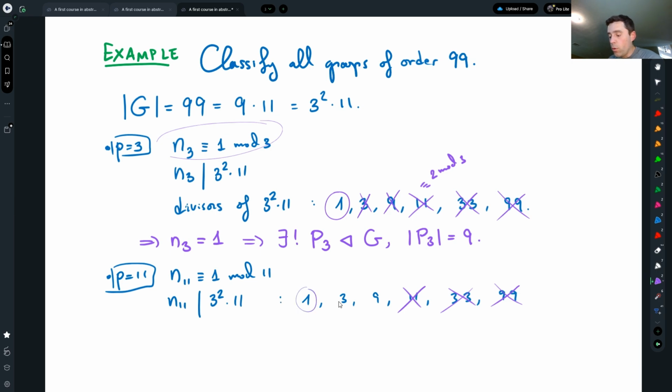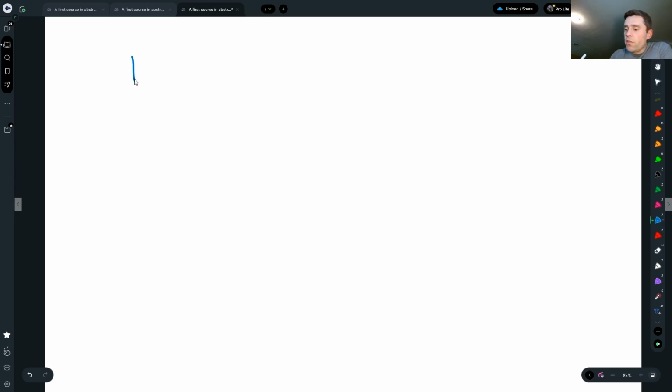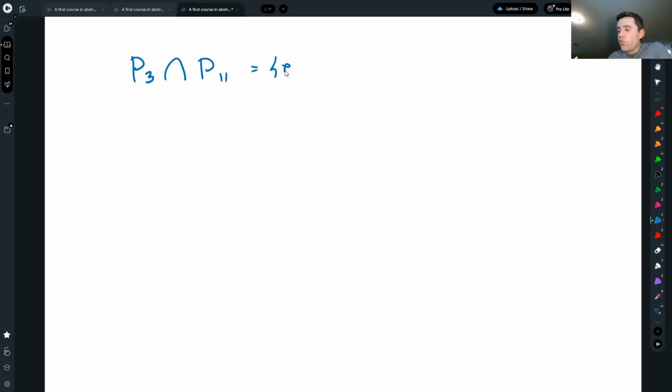3 is not 1 modulo 11, and 9 is not 1 modulo 11. This is 3, this is 9 modulo 11, so those are not it. So it has to be 1. So I also have that the number of 11 Sylows is 1, so there is a unique subgroup which is also normal in G, and it is unique of order 11. And finally, now also note that these 3 Sylow and the 11 Sylow have to have trivial intersection